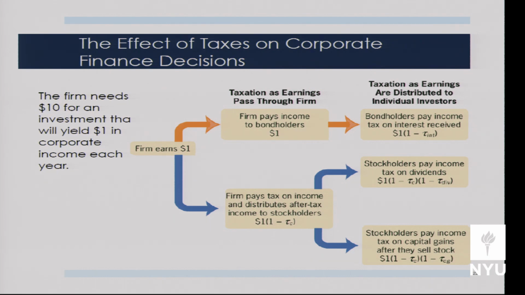The other thing the firm could do is not pass on the dividend, but just keep the earnings in the firm and let the share price go up and let their shareholders experience a capital gain. In which case, if someone decided to sell that share, they would pay taxes at the capital gains rate. What is the statutory capital gains rate? Anyone remember? 15% for most. Well, it's 0 if you're in the bottom two brackets, but very little capital gains are earned down there. It's basically 15%.